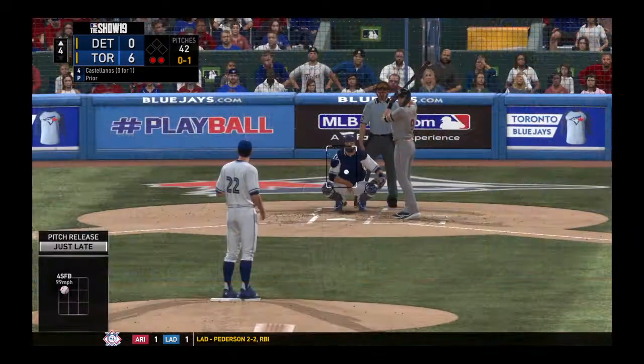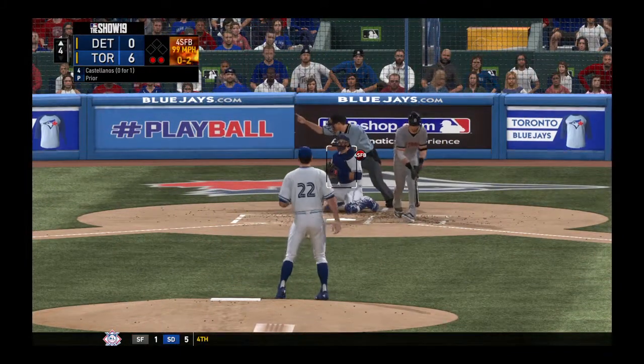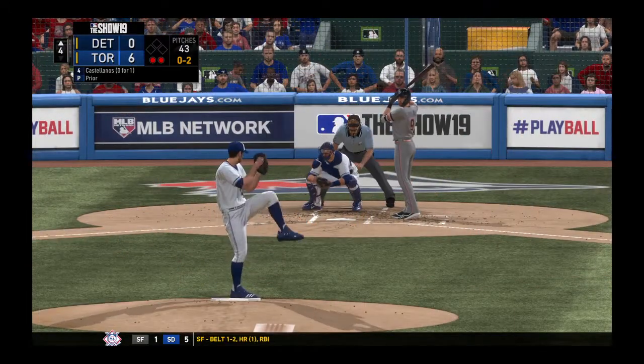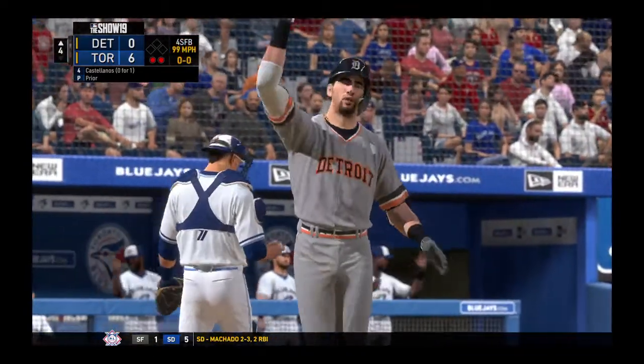No balls and 1 strike. The 0-1 pitch. Fastball swung on and missed. Castellanos is a player referred to as clutch by teammates. And we'll have to leave it there as this is strike 3, and that will